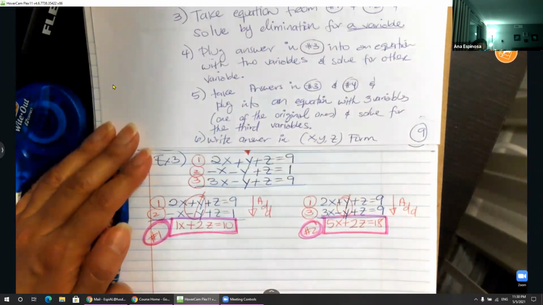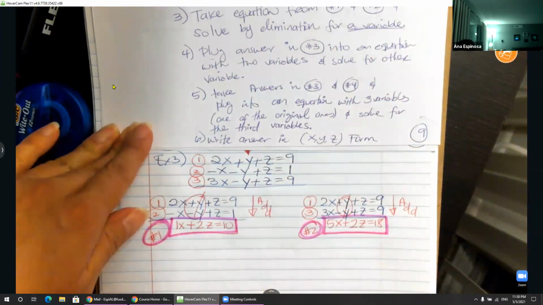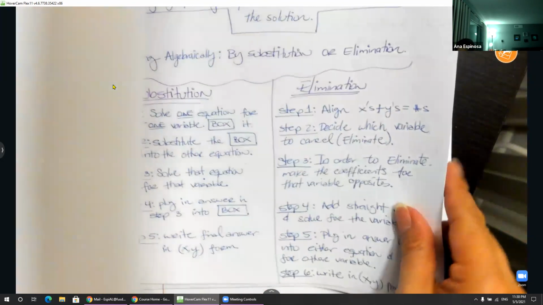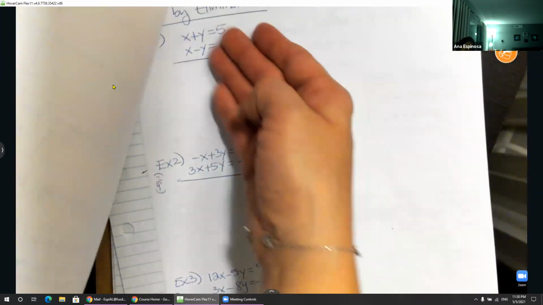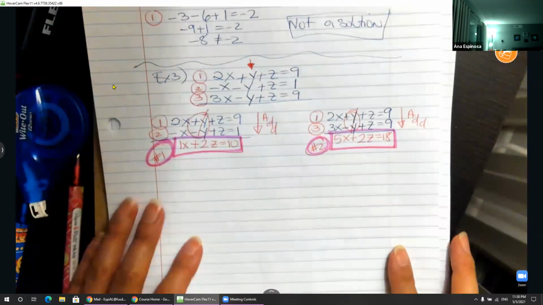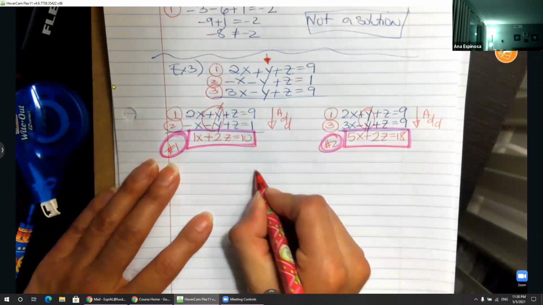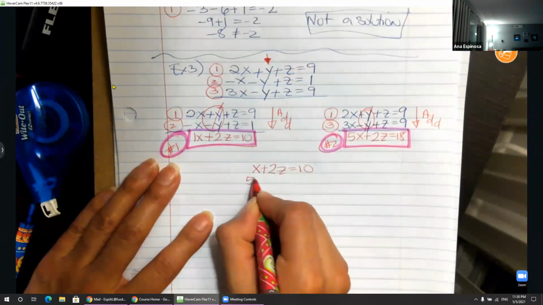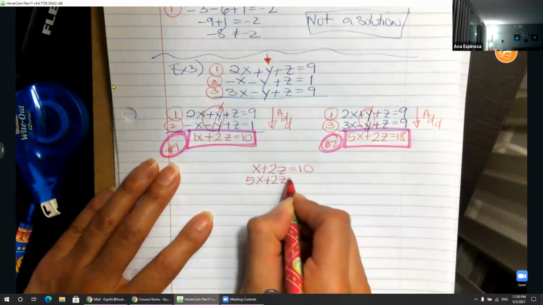So you're going to use the elimination process to solve just like you did these equations before. You're going to run it like we did here, okay? So we don't need this anymore because we already know those steps for elimination. So I'm going to take those two. x plus 2z equals 10. 5x plus 2z equals